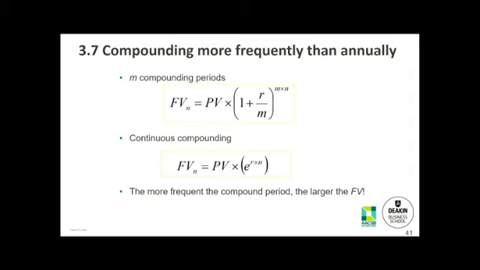Again, this part is not hard at all. Okay, I will show you why it is not hard. When things are compounding more frequently than annually, you just need one more item named M. M means compounding frequency or compound periods. Compounding frequency per year, or for each year, how many times it gets compounded. For example,